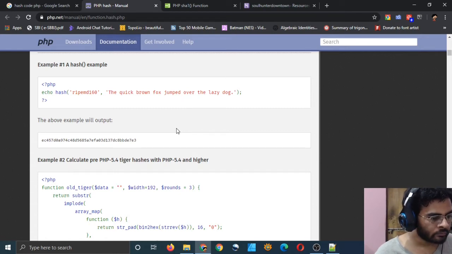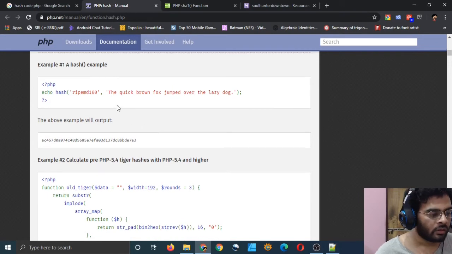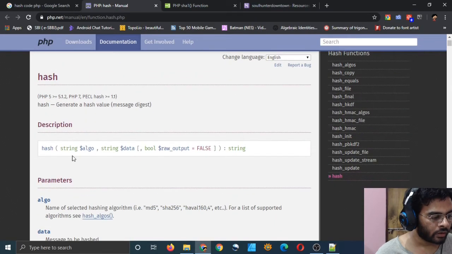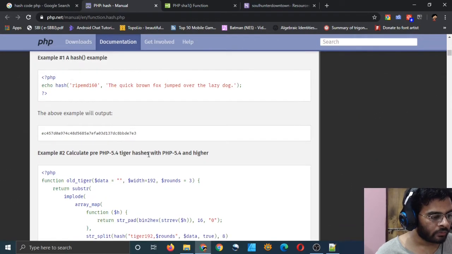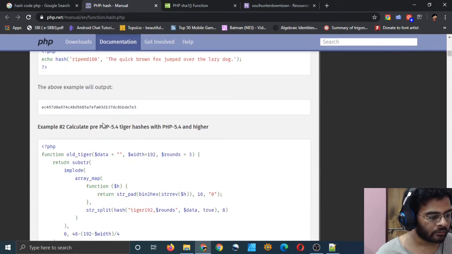As you can see in this example, this is the algorithm name, and this is the statement, the plain text. When you use this hash function with this algorithm, it will convert this plain text into something like this. So this is very cryptic. Nobody can understand that this means this. So that's what hashing does.